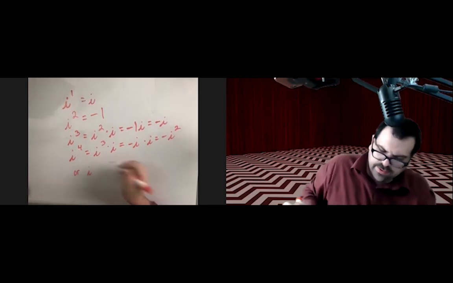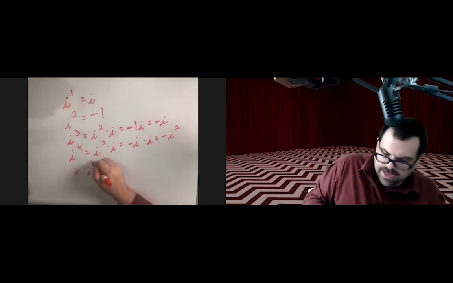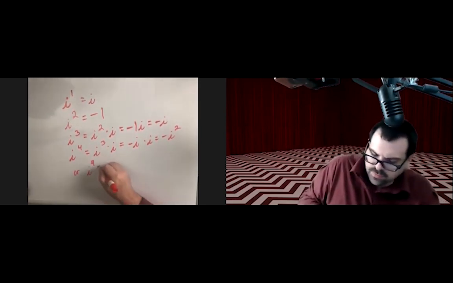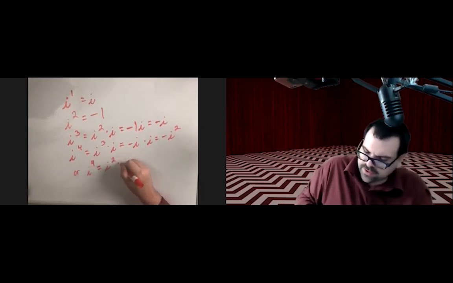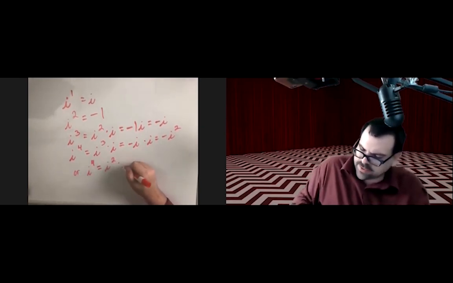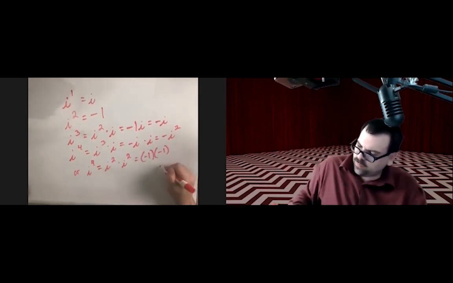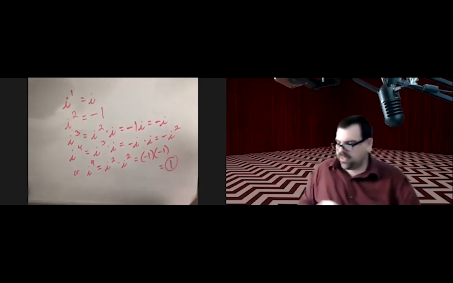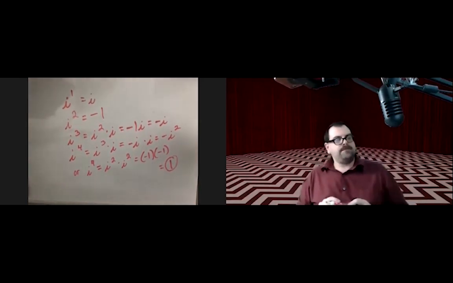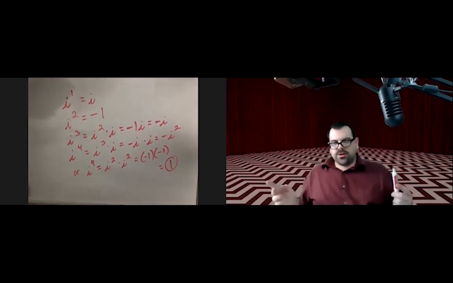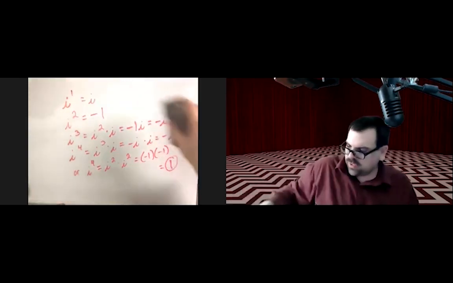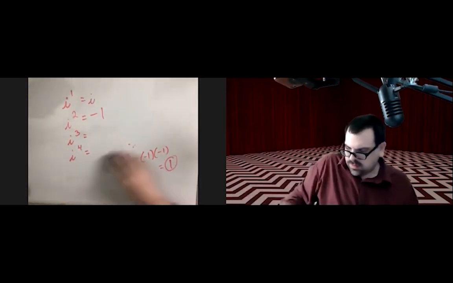So I had said I to the fourth can also be I squared times I squared, which would be -1 times -1, which would also be +1. So what have we found here? Well,